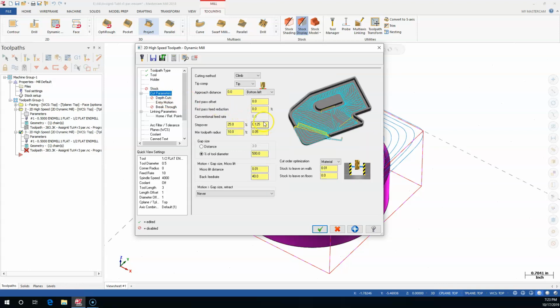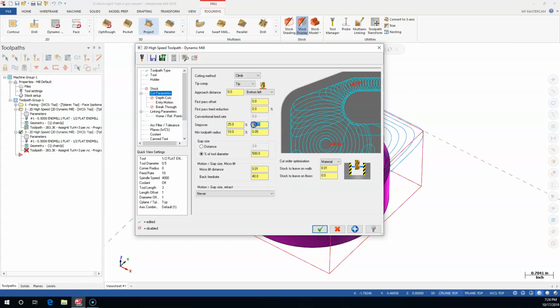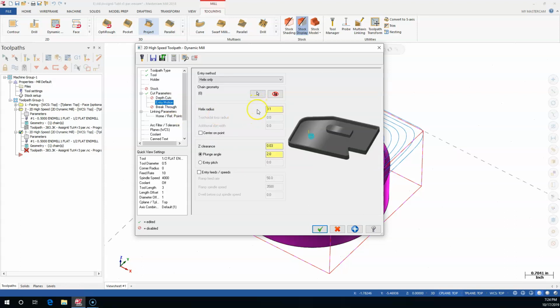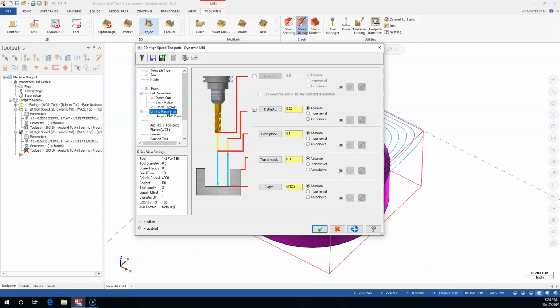Cut parameters, because we're going basically a 1/2 inch deep, I'm going to reduce the step over to 50 thousandths, and the minimum tool radius will go to 2.5% as its minimum. So diameter of the tool, percentage for movement, stock to leave on walls 10 thousandths, back feed rate of 40, should be okay. Entry motion, if we need it for the helix, again, we should be starting outside the part, so it should go pretty much like a plunge. And since we're in absolute, we'll go